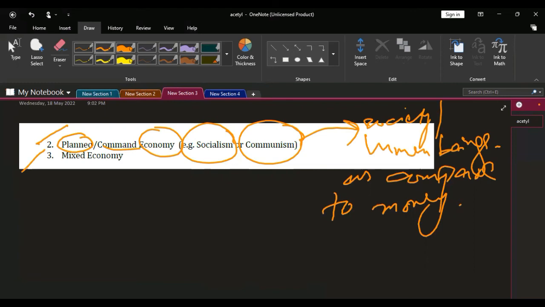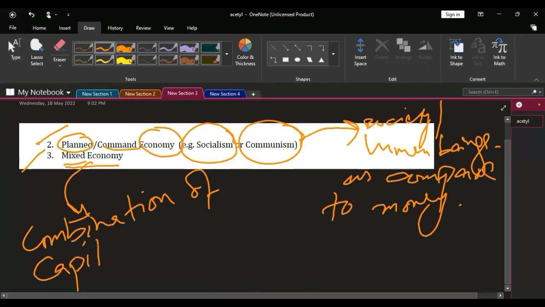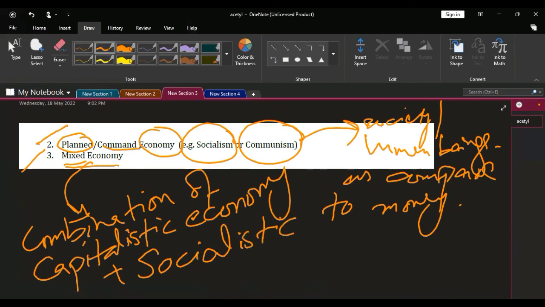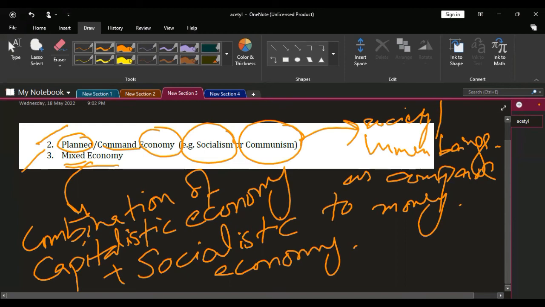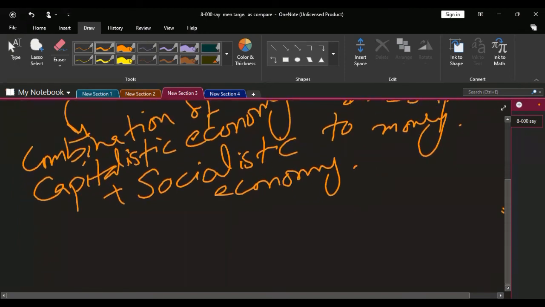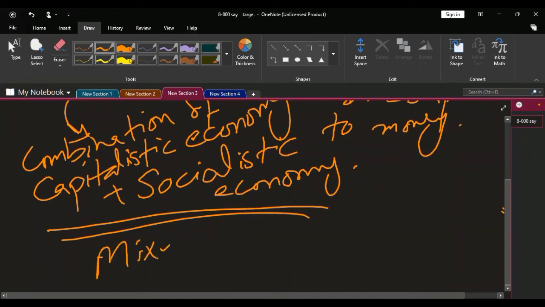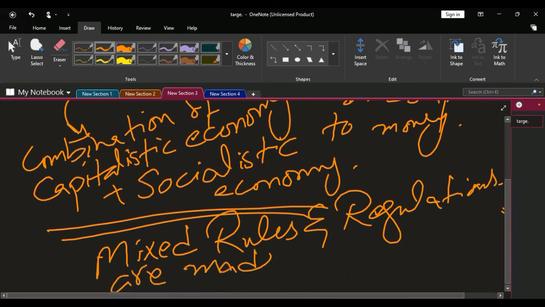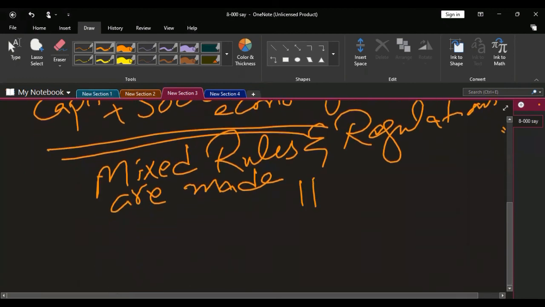And the third and last one is mixed economy. Mixed economy is the combination of capitalistic economy plus socialistic economy. It means it is such a type of economy in which some mixed rules and regulations are made, meaning sometimes